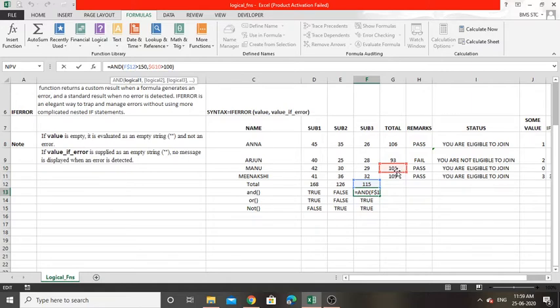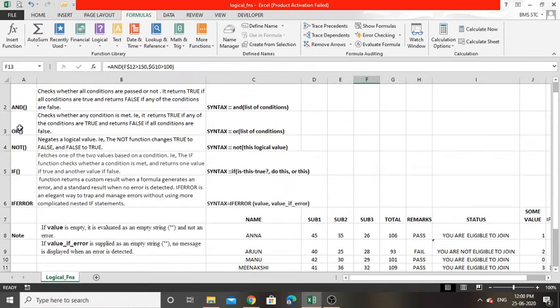So the second condition is true and the first condition is false. If one condition is false, then the output will be false. So here is the result. So this is about AND. Let's move on to OR. The OR function checks whether any condition is met.